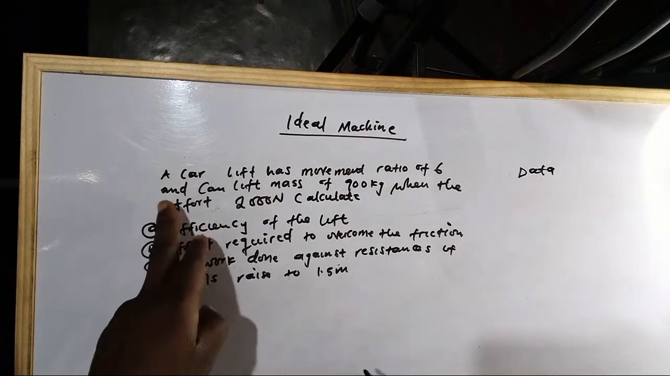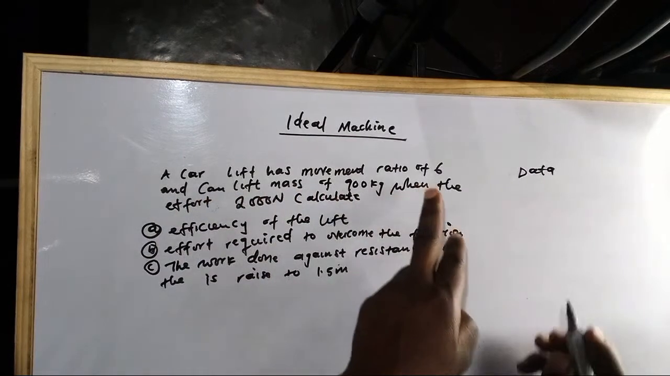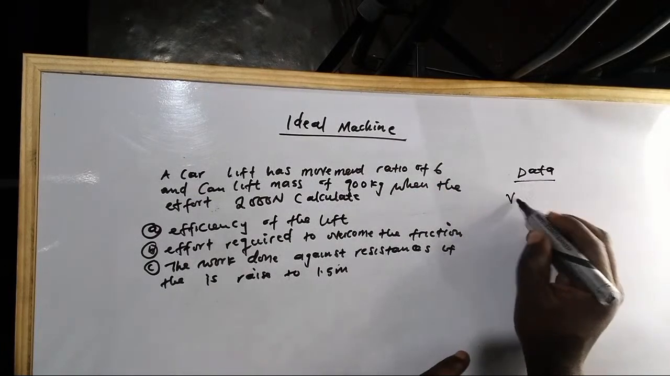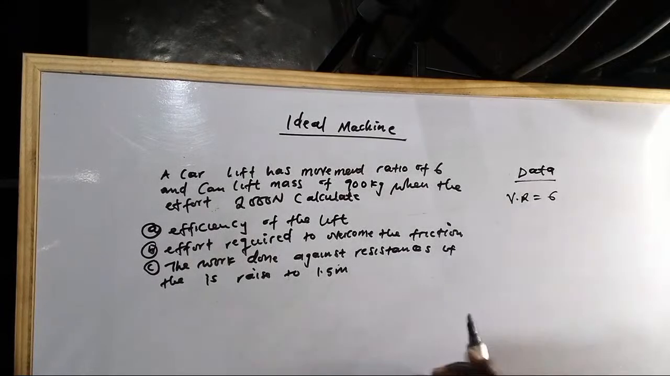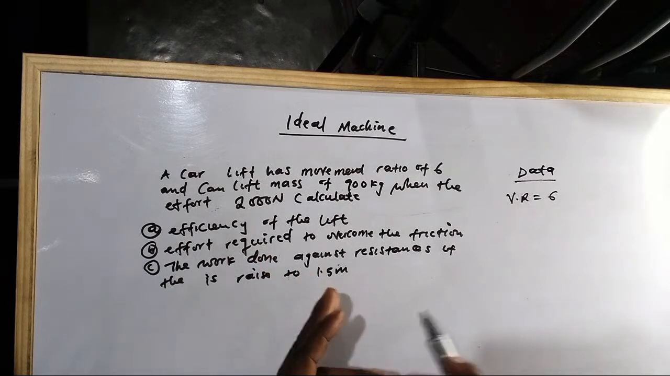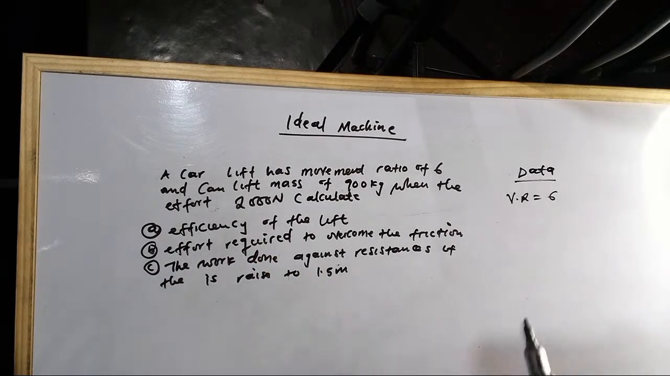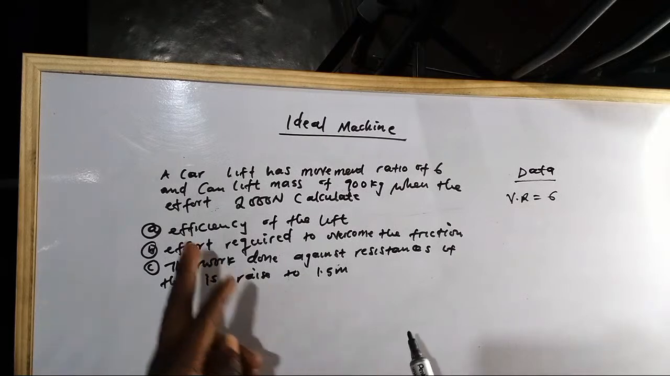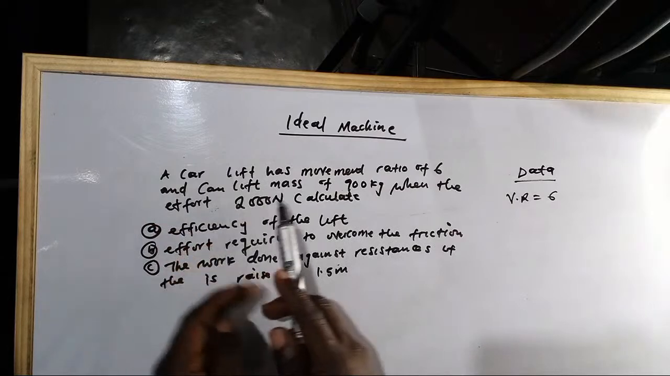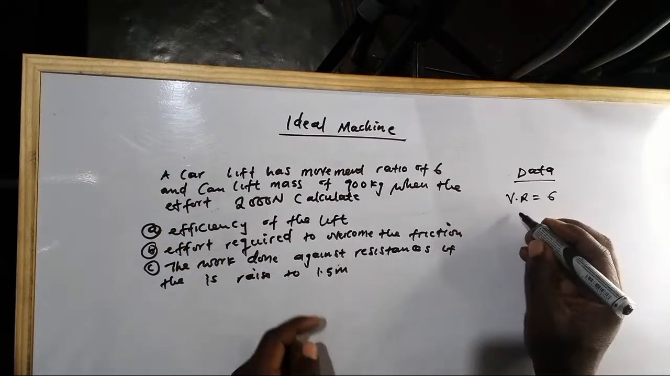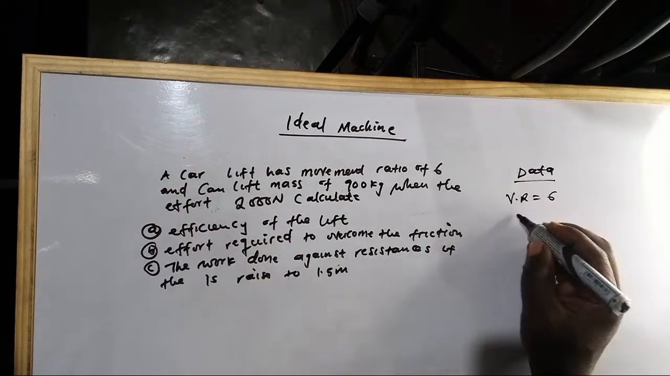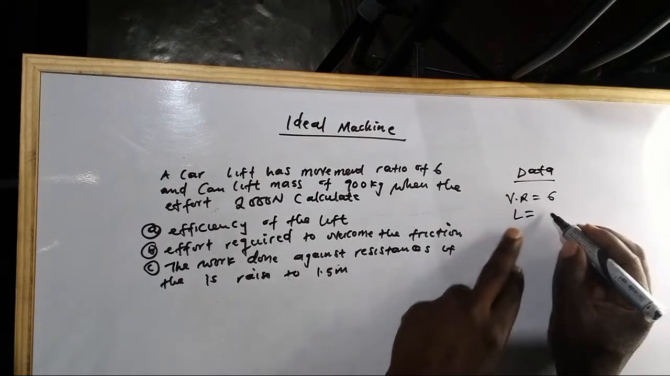Okay, so now a car lift has a movement ratio of 6. So this is a velocity ratio. So velocity ratio we have as 6, and the velocity ratio we all know is the ratio of the distance moved by the effort to the distance moved by the load. And this same car can lift a mass of... this is a mass, so can lift means it is a load. So the load we're going to denote it as